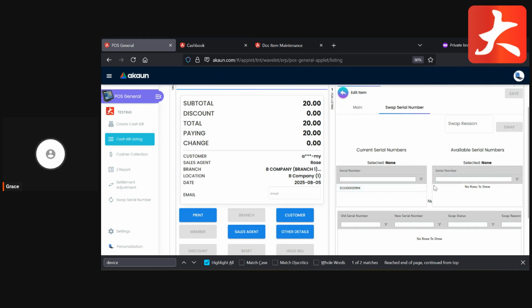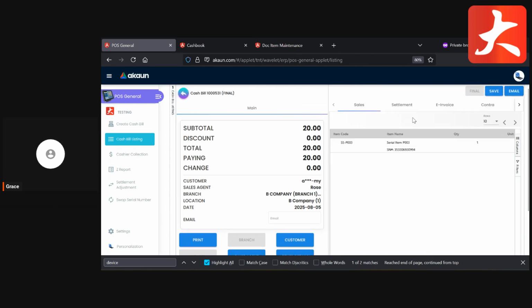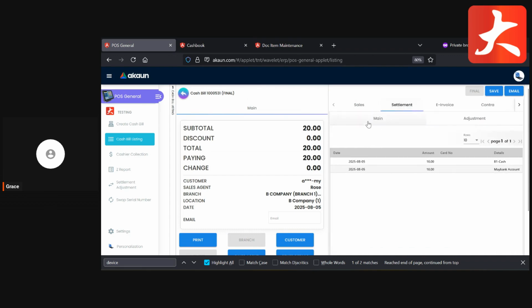Okay, and then what will be the available serial number for you to swap, and then you need to key in the swap reason. Okay, that will be the swap serial number. So let's say you allow them to adjust or swap, adjust the settlement method, same case where you need